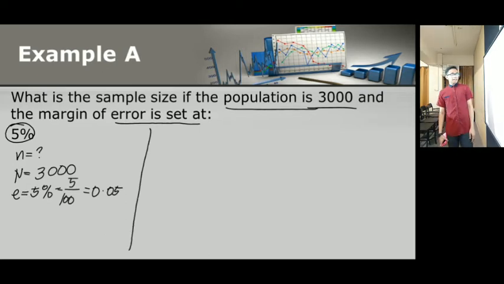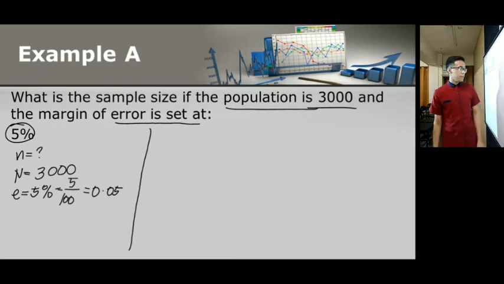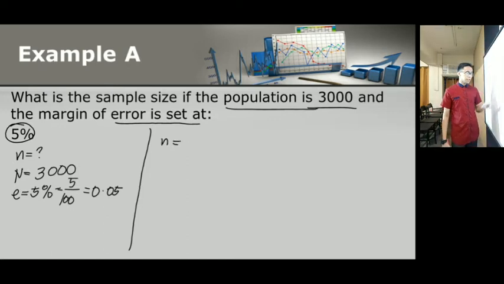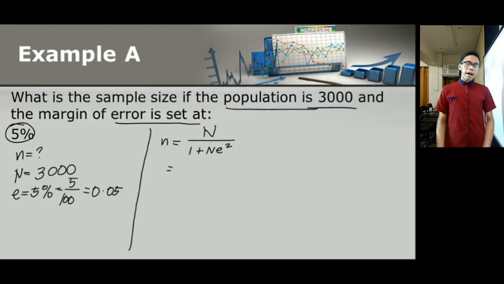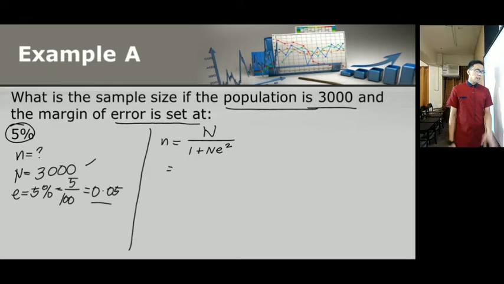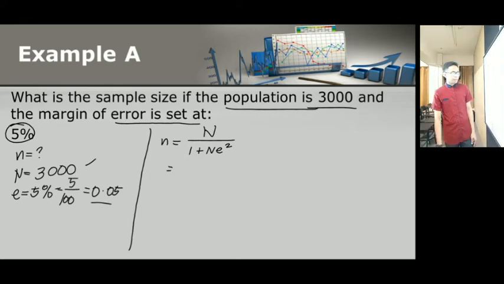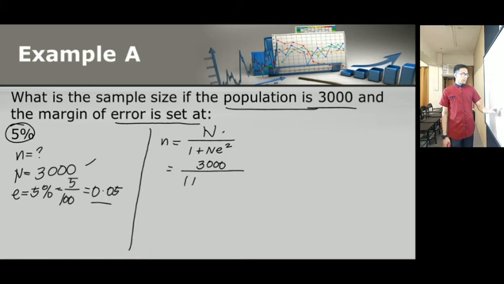Now, after that, let us solve. Kukunin na po natin yung sample gamit ang SLOVIN's formula which is small letter n is equals to capital N all over 1 plus NE squared. Now, change the value of each variable or each given, which is the capital letter N, which is population, that is 3,000, and then the value of margin of error, that is 0.05. So, therefore, change the value of N, that is 3,000. Dito po siya ha. All over 1 plus